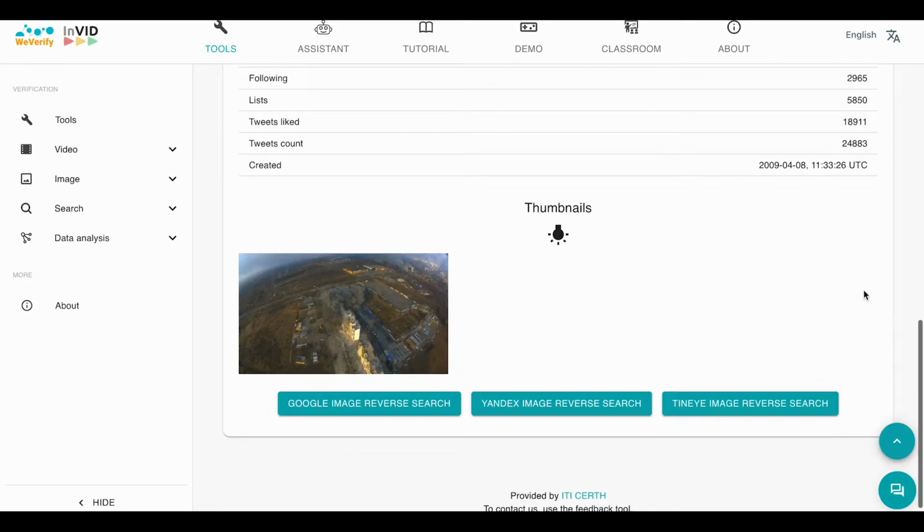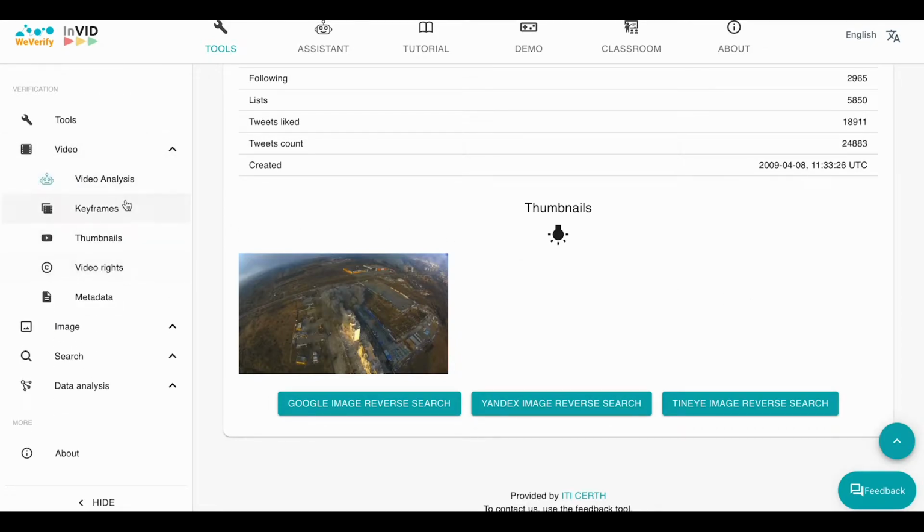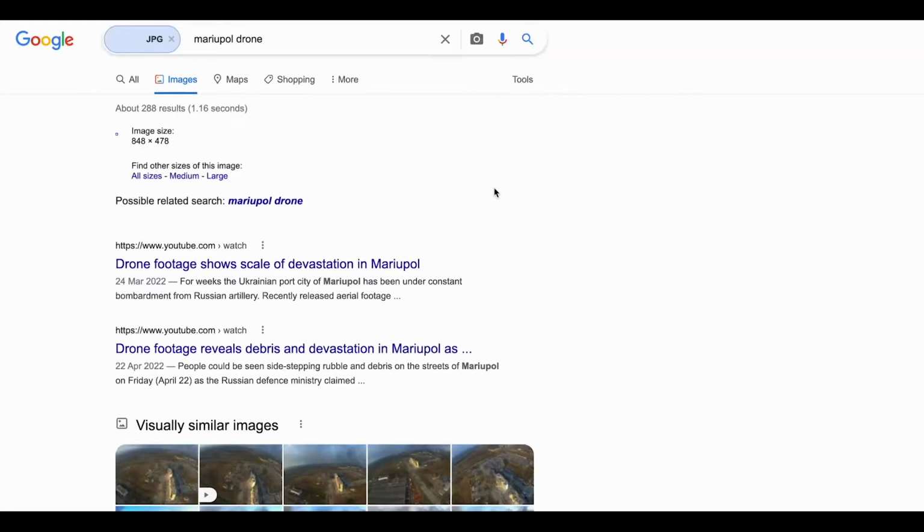We see several details like this. But what we can also do is take thumbnails or break down the video here, if we feel like it, into keyframes and reverse image search those keyframes. So that avoids us doing the manual work of taking a screenshot, downloading it and posting it to Google or so on. So if I complete a quick Google search, it's going to take me to a new tab